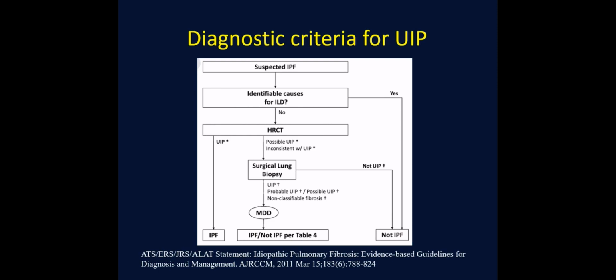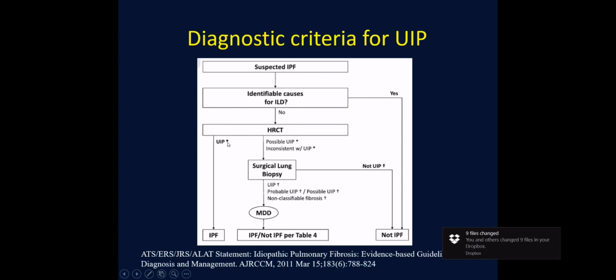This is the standard diagram flow chart for defining the diagnosis of UIP, based on a statement from the American Thoracic Society and other groups published in 2011. If you have a patient with suspected IPF, if there are identifiable causes for interstitial lung disease, then clearly it's not idiopathic pulmonary fibrosis. All other cases go to get a high-resolution chest CT,